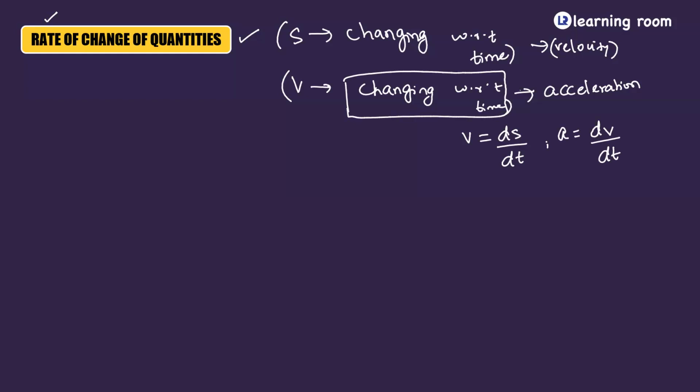Everywhere what you're doing is basically differentiating a parameter with respect to another. So in this exercise, all that we are going to do is differentiate one physical quantity with respect to another. To put it very simply, you will differentiate the variable with respect to the independent quantity. That is all we need to do. So I'll explain it with proper examples. Suppose you can make a note of